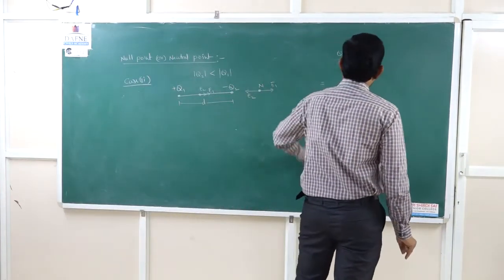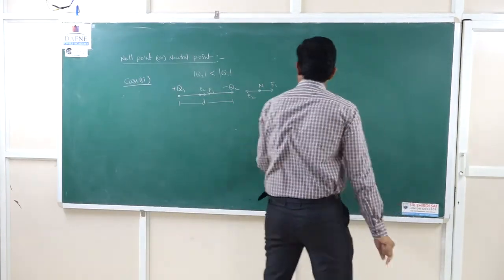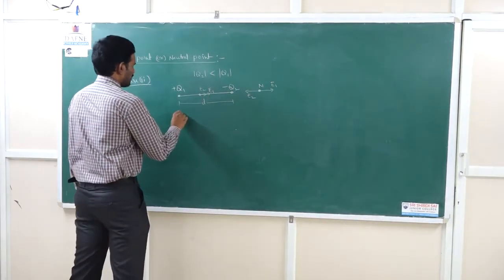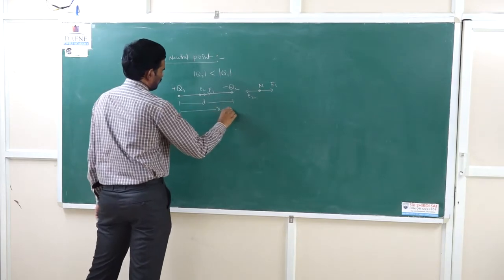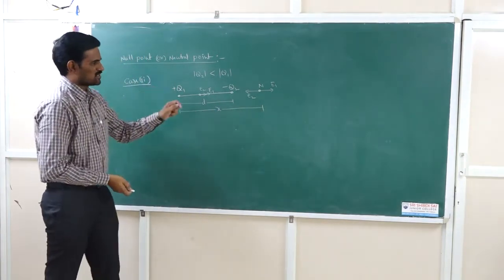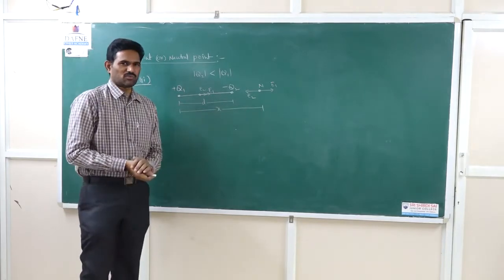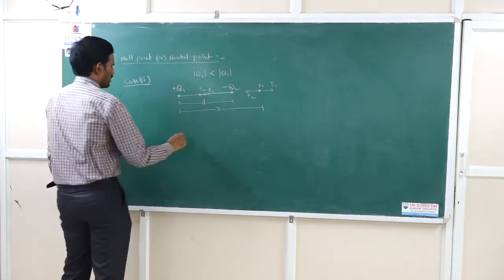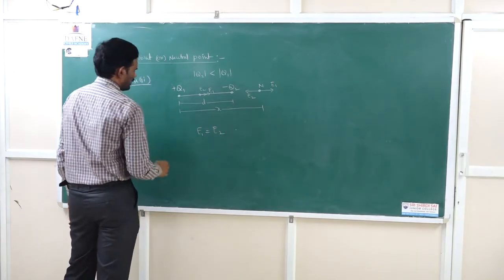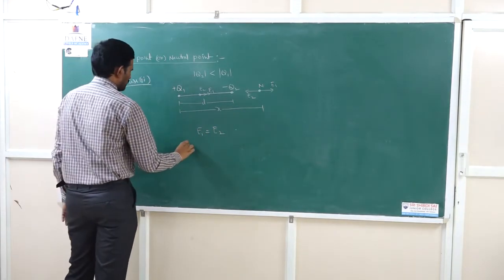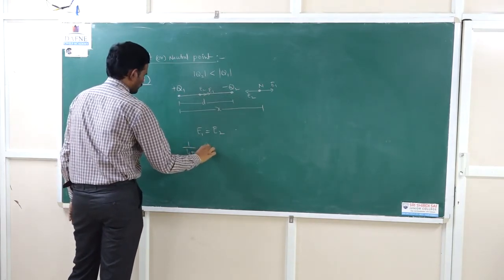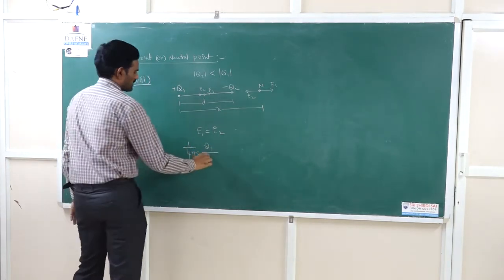Now let us proceed similar to our previous calculation, the first case. Here also I am taking the distance x from Q1. That means I am calculating the distance of the neutral point from Q1. Again the electric field E1 should be equal to E2. The electric field due to the first charge Q1 we can write as 1 by 4 pi epsilon naught Q1 by x square,